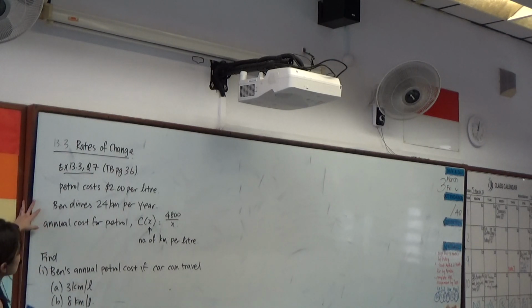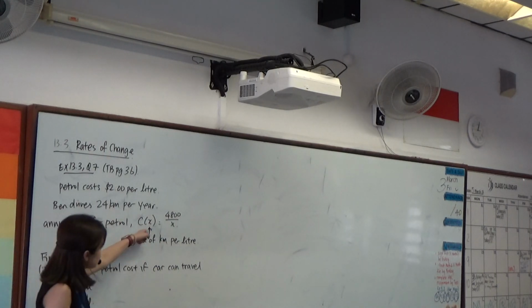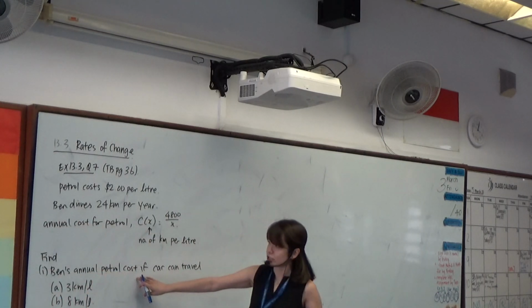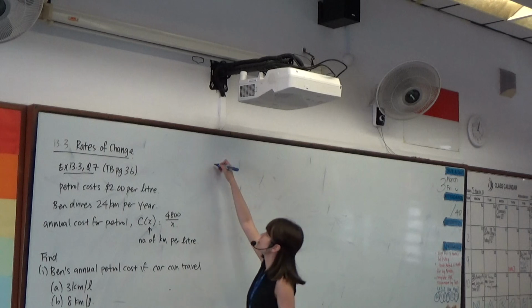Okay? Question did not actually tell us what this kilometer per liter function is. Depends on the car, it varies. Okay, so when looking at 3 kilometer per liter, that means that x is 3. So in order to find the annual petrol cost, which is C,